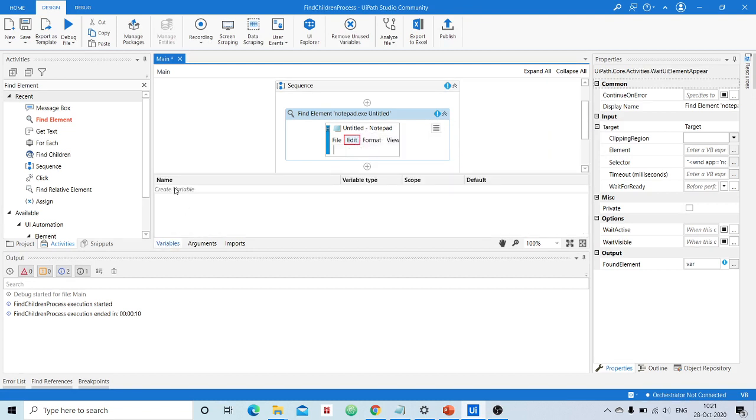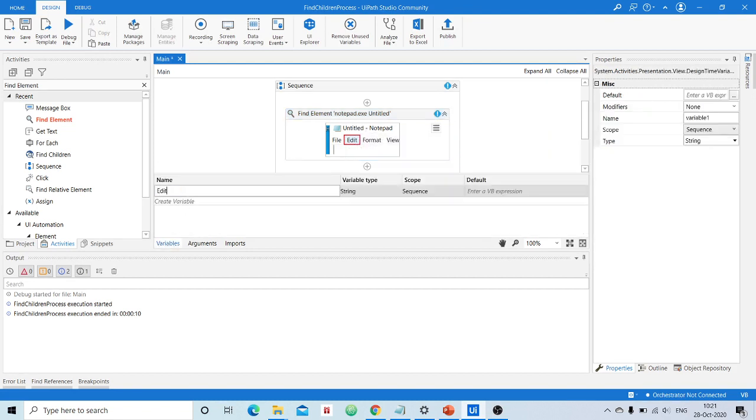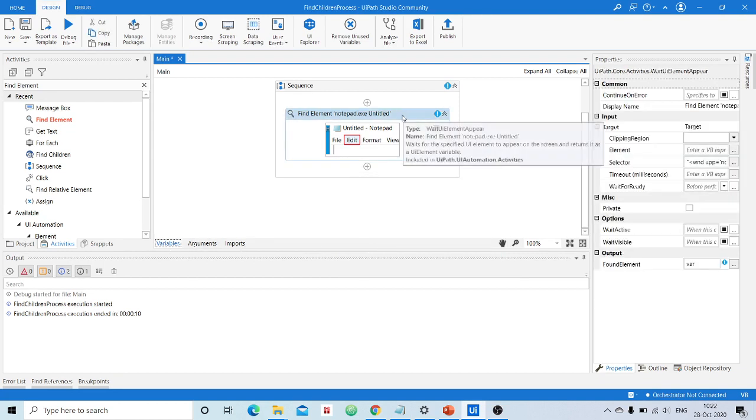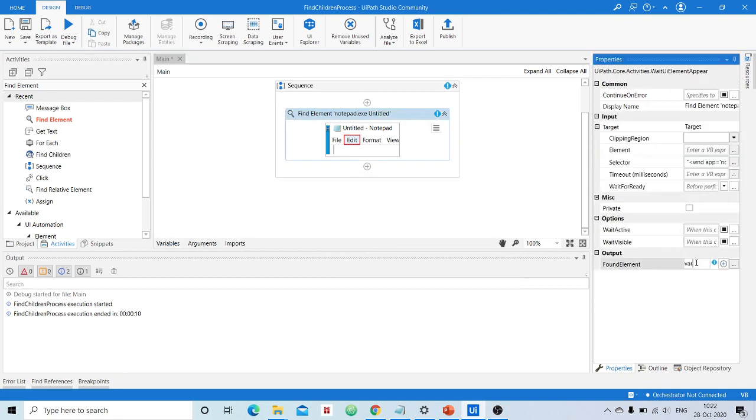We shall store that in a variable called edit element. It should be of type UI element again, and I want to store this result in a variable called edit element.